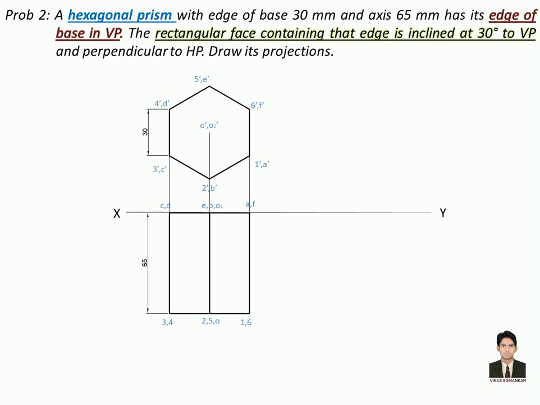One point which you should always remember is that to give inclination to a surface, that surface should look like a line. Then and only then can we give inclination to that surface. So here the rectangular face was inclined at an angle of 30 degrees. That rectangular face is seen as a line over here. That's why we can easily give inclination to this line and that will be the inclination of this surface indirectly.